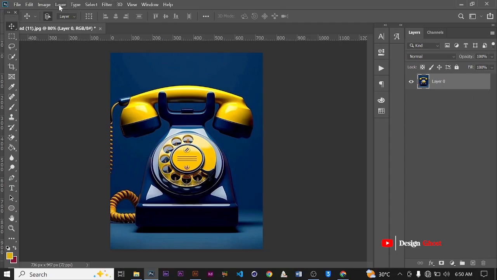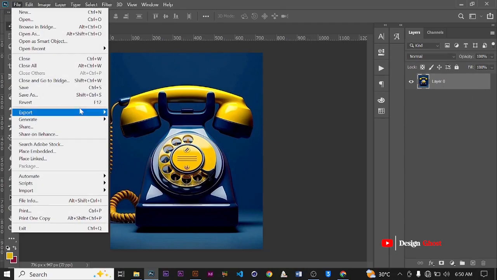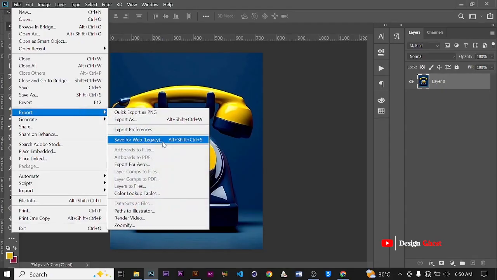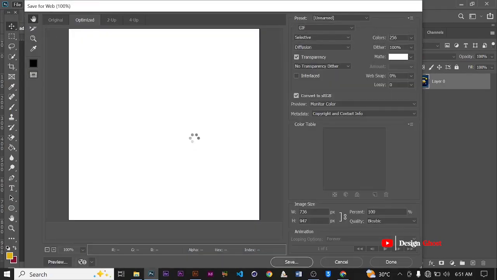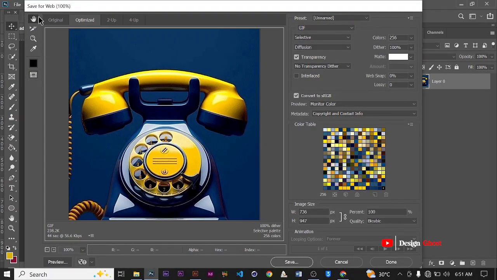And we are going to move to File, Export, Save for Web (Legacy). Now the shortcut for this is Alt-Shift-Control-S, all right? So you can keep that in your head, so that some other times you don't have to go through all these. You just have to press Alt-Shift-Control-S to get you to this interface. All right, now this is the Save for Web